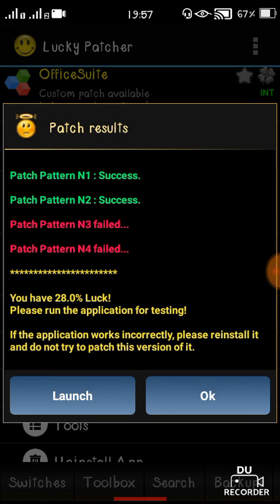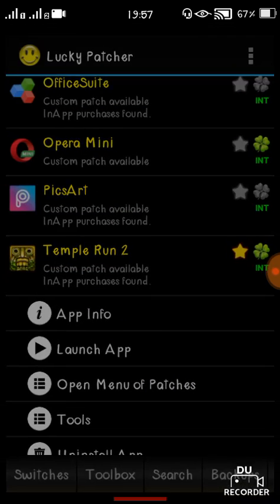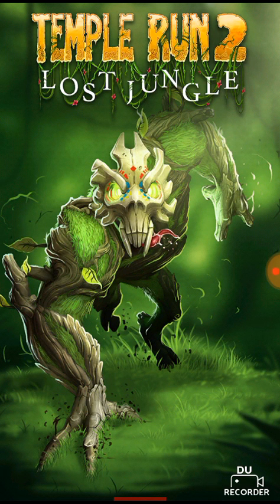So guys, this is the patch result, which I think is successful. Just simply click on this launch button and it will open your patched application. So this is Imangi, the authors of Temple Run 2.